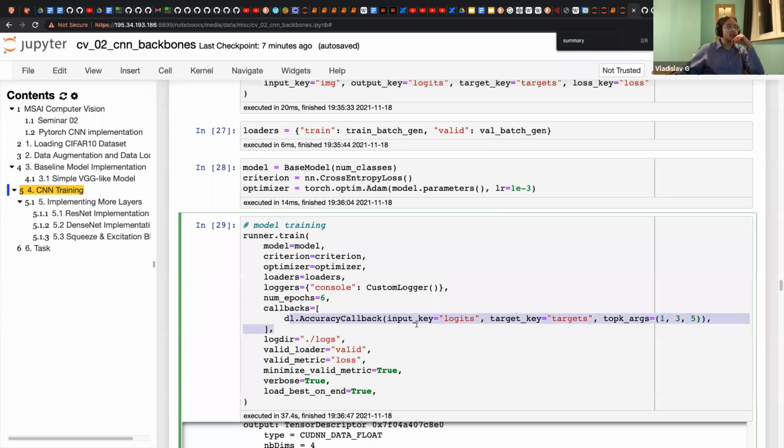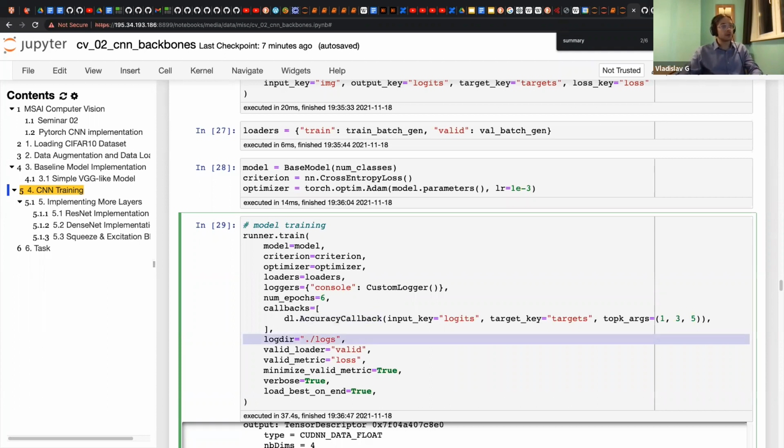Okay, in this case, we just put accuracy callback, and as we did before, we put input key and we put target key to compare it and to calculate the accuracy.